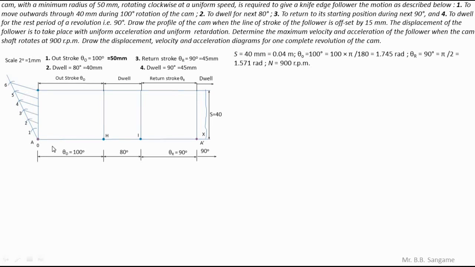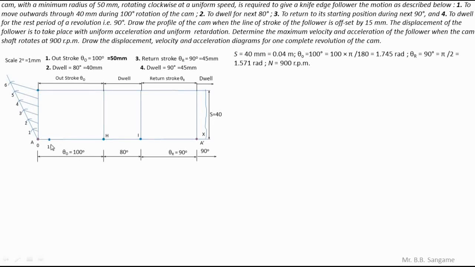Here you can see that I have drawn the 5 parallel lines to the first one, so I have divided the height into 6 equal parts. Next I again need to divide the outstroke and return stroke into 6 equal parts. Again, it is quite difficult to divide an angle of 100 degrees into 6 equal parts, so you can use the same procedure here. What I did here, you can do the same, but I have not shown it. I am directly going to plot.